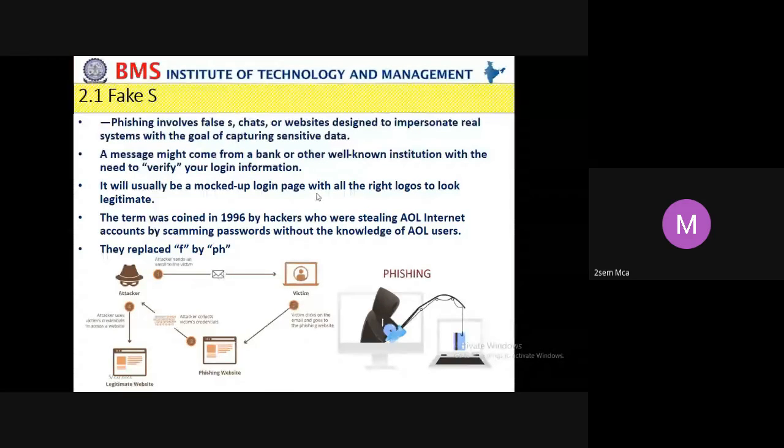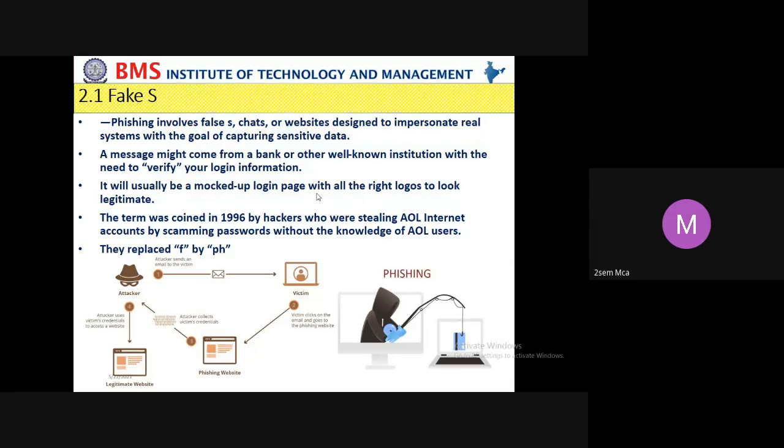It will usually be a mocked up login page with all the right logos to look legitimate. Exactly, it is looking like the login page of the original website, but it is not actually. The term was coined in 1996 by hackers who were stealing American Online internet accounts by scamming passwords without the knowledge of AOL users.